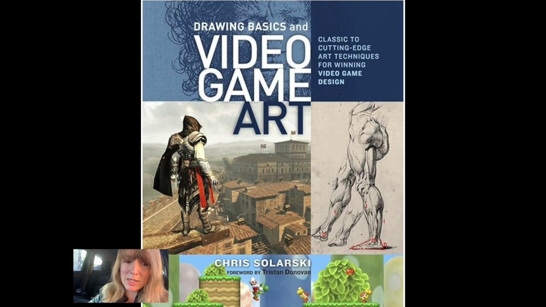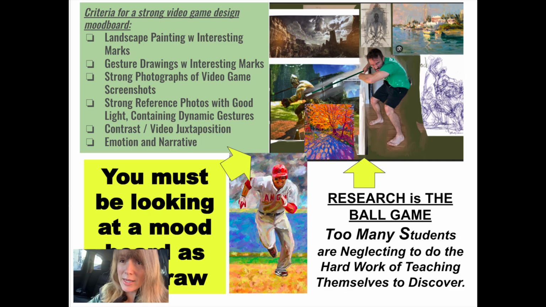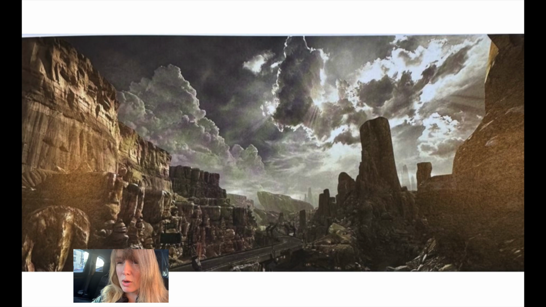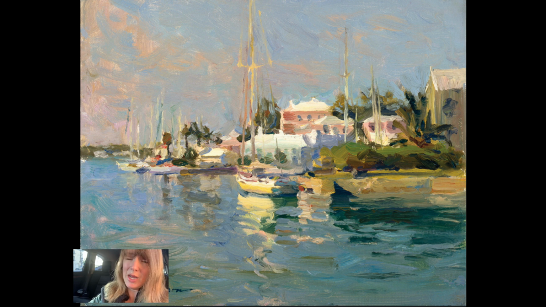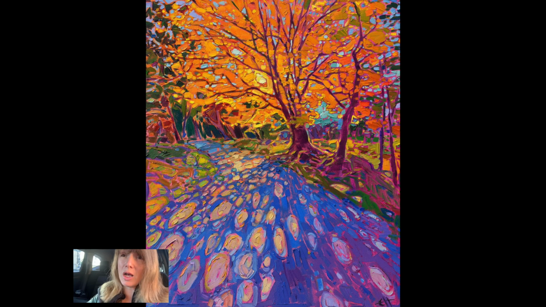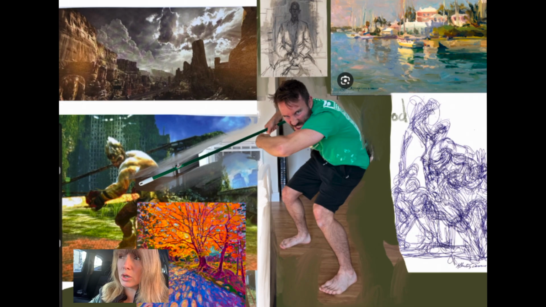This unit is based on this book, Video Game Art. As I went through the process of doing my first SI, I realized how important it was to have a mood board. So here's the criteria for a strong mood board, which includes research of different painting movements to get ideas for that world, and a strong reference photo. I realized a lot of the photography you are working through doesn't have a lot of contrast and visual juxtaposition of color and light to make the world that your character is fighting through, the question that they're